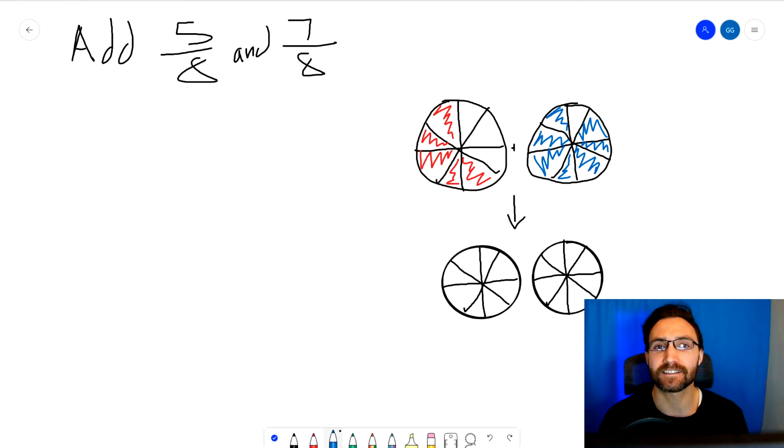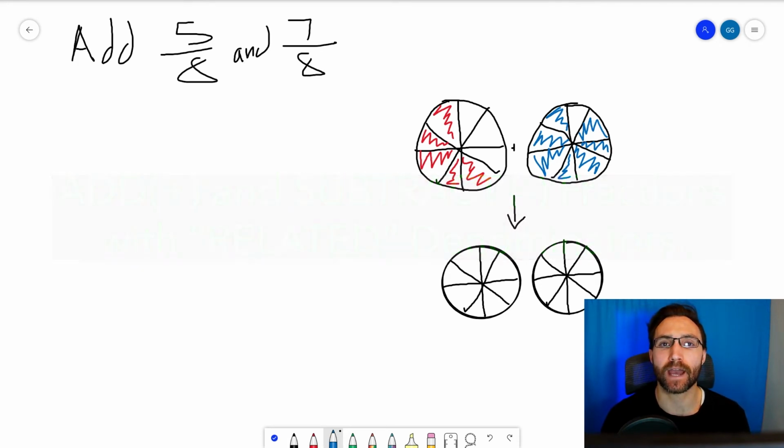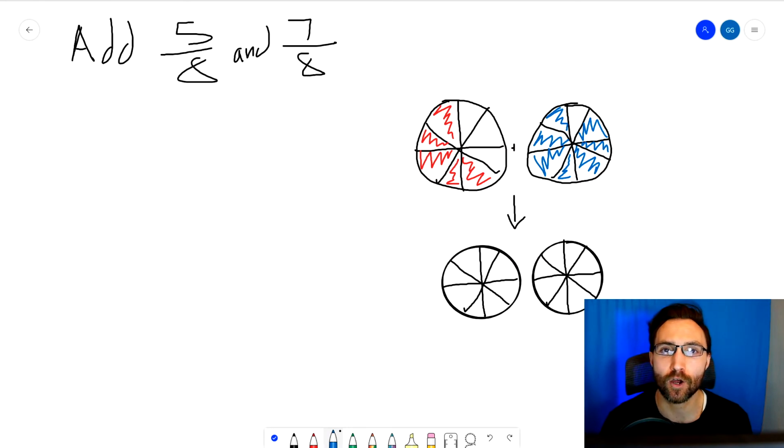Today's lesson is exercise 2 in chapter 7, and we are going to learn about how to add and subtract fractions with related denominators. In exercise 1, we learned how to add and subtract fractions with like denominators, and like denominators means denominators that are the same. Today we are going to learn what a related denominator is and how to add and subtract fractions that